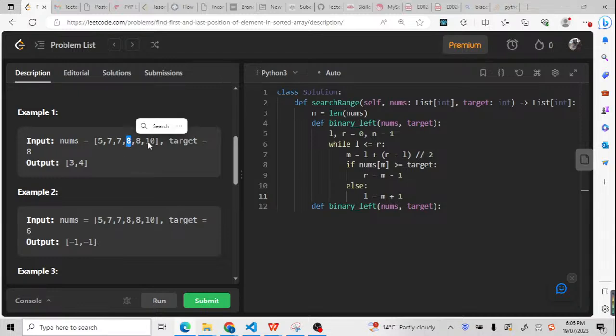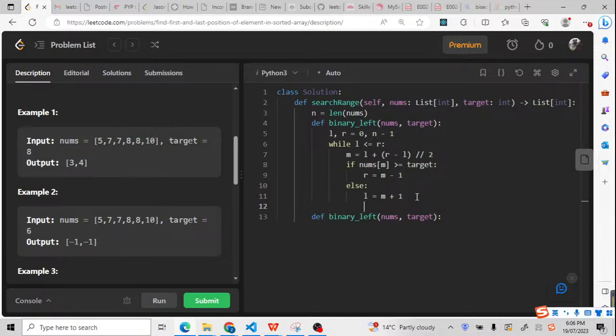If R is here, for example, and it is more than or equal to target, R will be shifted here. Now R and L are equal, and nums m is more than or equal to target, R will be here. And from here, I can simply return L. So I can return the L pointer